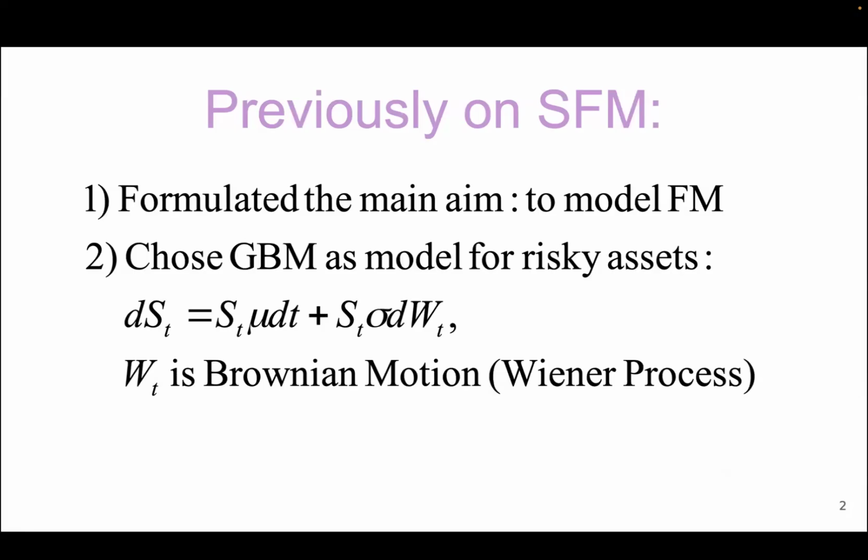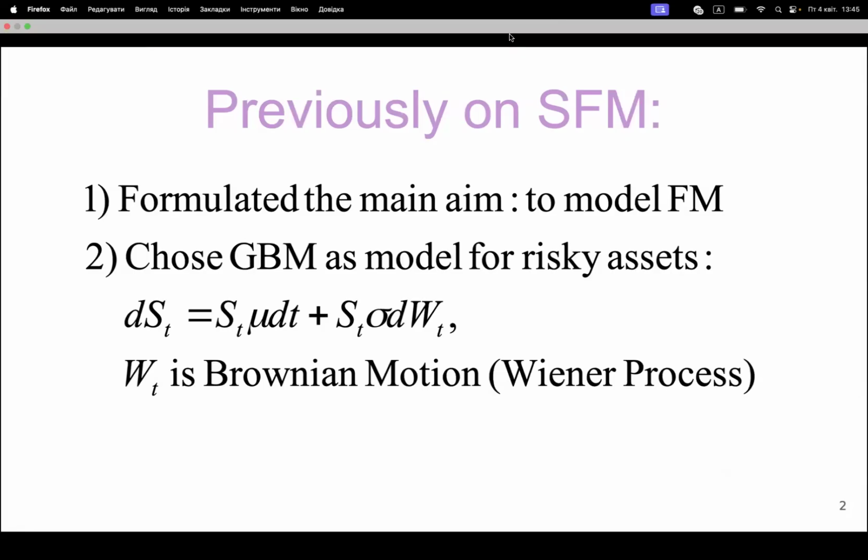For a riskless asset, everything is clear, and it's lesson 1. For the risky asset, we choose the geometrical Brownian motion, and the dynamic for this is described like this stochastic differential equation,